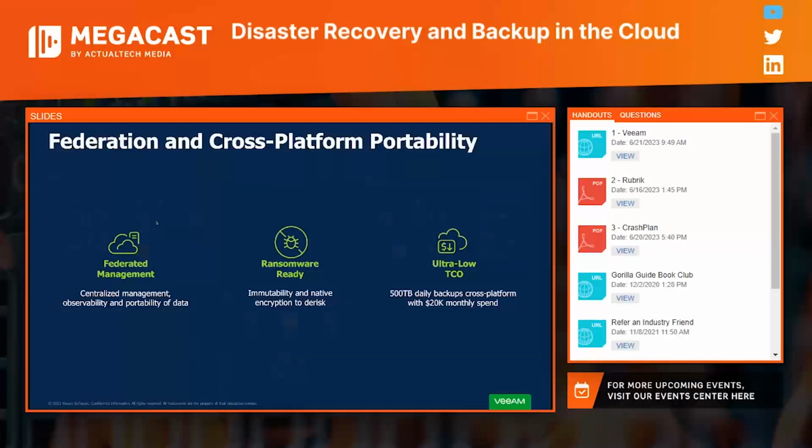Ransomware ready, right? I mentioned the immutability component. It's critical to put that data in that write once, read many state. More and more attackers are targeting backups because they have caught on to the fact that people are not paying the ransom because they're just recovering from a clean backup. Put the data in an immutable state so they cannot change, encrypt, or delete that, right? Even the root account cannot do that.